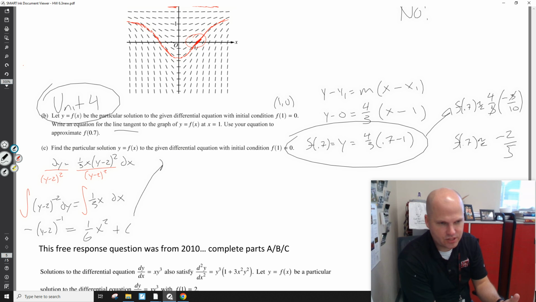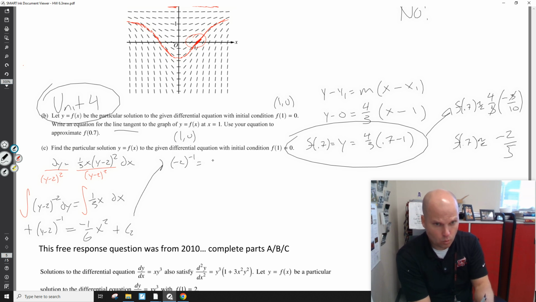Now's a good time to find C, to be honest. I don't want to find it later because it doesn't look like it's going to get any easier. Maybe I could take the opposite of everything, and this would become a C2 after I take the opposite of C1. But I do have the point (1, 0), so using it, I will plug in 0 for y, 1 for x,